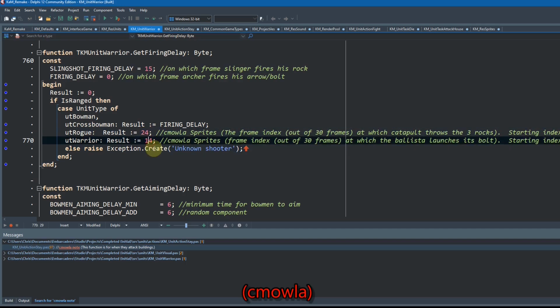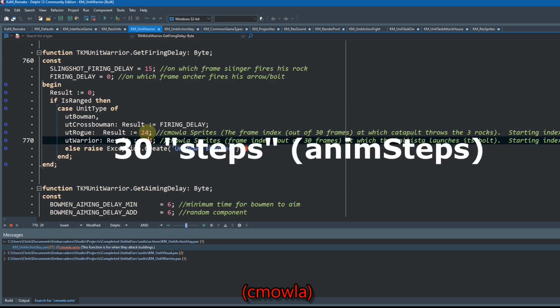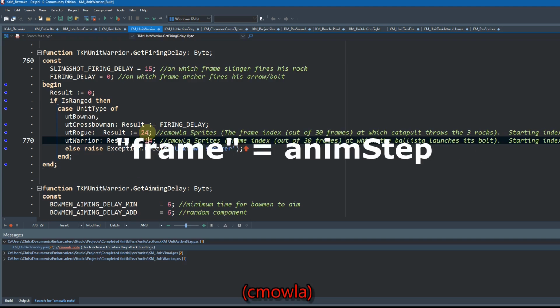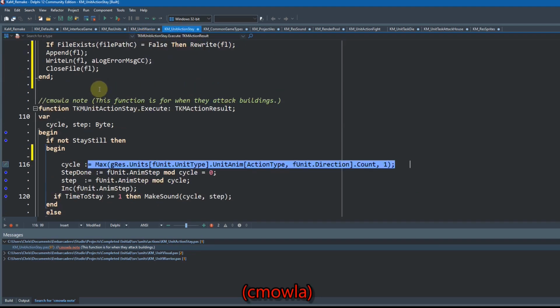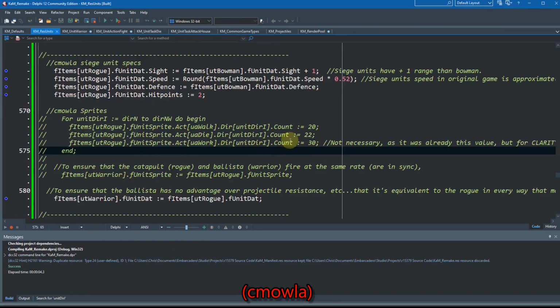This 24 and 14 that I added here, this is for when it's all set up that the siege weapons are going to have 30 frames allotted for them starting at index 0. So it's going to be 0 through 29. So for every tick, it's going to be a new frame, basically. I want to log this. Well, not that, this. So the cycle is 30, and we define the cycle where we're going to do it